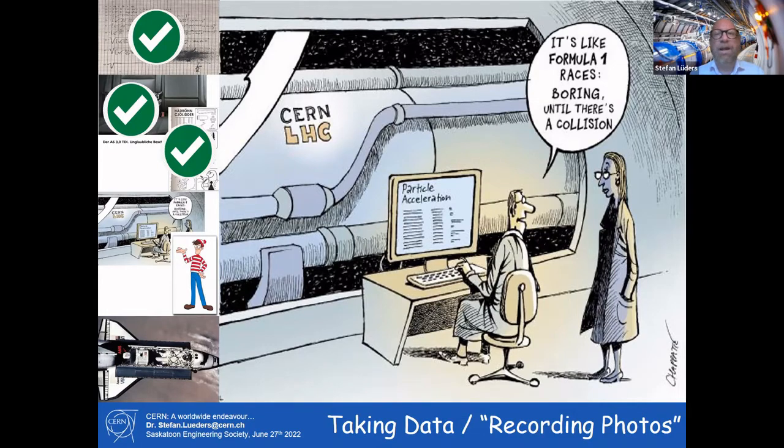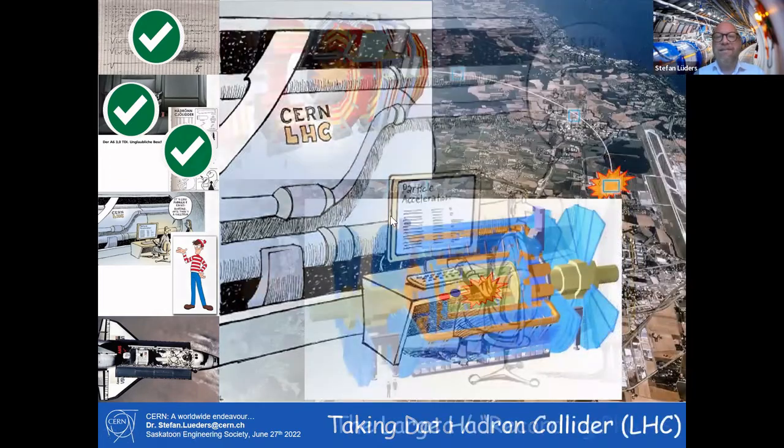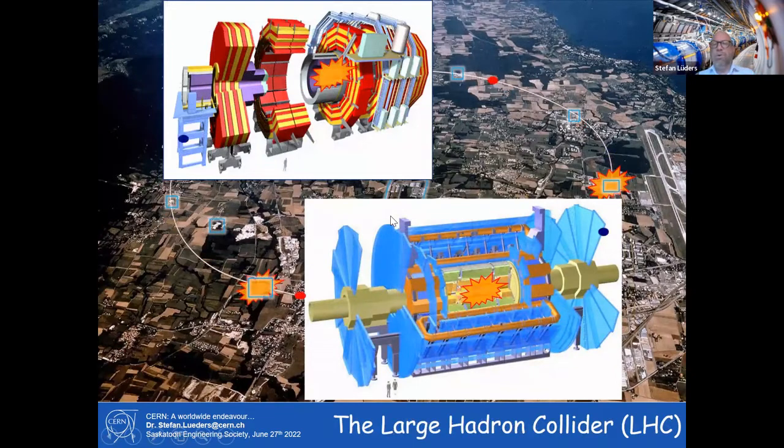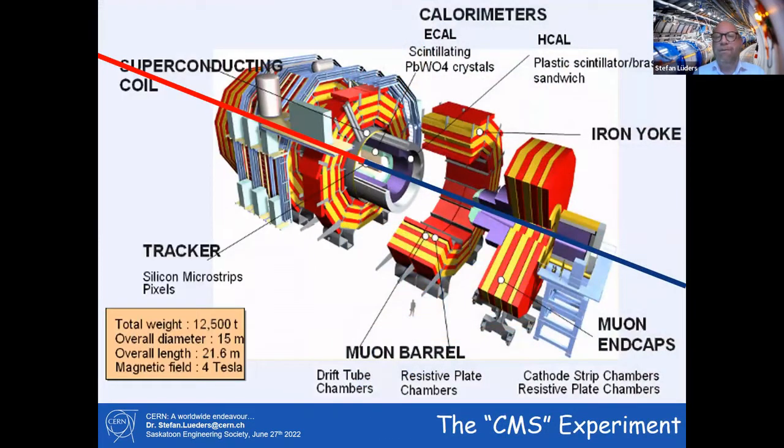Okay, we talk about how I get rid of the beam later, and let me move ahead a little bit if you don't mind. So now we're taking data. Remember, we got the 2 collision points. Now we have to take pictures every 25 nanoseconds. So this is how one of the experiments looks. If you look a little bit closer, there's a small person standing at the very, very bottom.